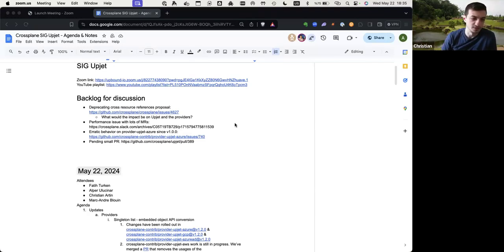Even the reconcile loops, even just restarting the providers, it restarts the whole queue, and so it starts again. And for the 8,000 resources, it was taking almost an hour, if I'm not mistaken.